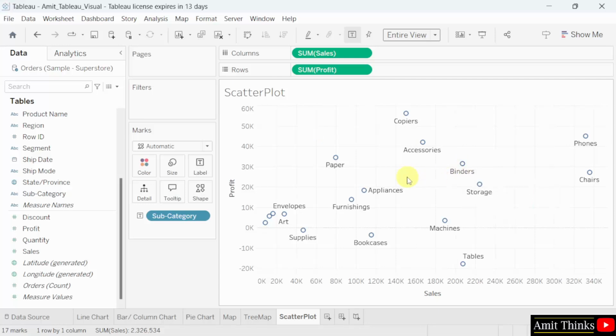So guys, we saw how to create a scatter plot in Tableau. We visualized the relationship between sales and profit for